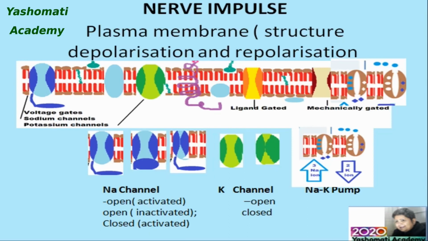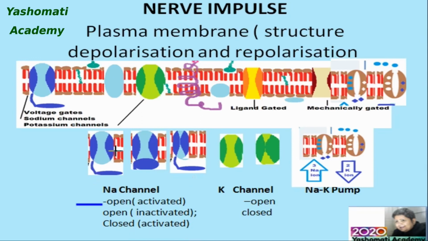Another very significant difference between sodium channels and potassium channels is that sodium channels can be open or closed, and they can be activated or inactivated. For the sodium channel to conduct sodium ions through it, it has to be open as well as activated. So the sodium channel will be conducting the ions only when it is active and open. If it is open but inactivated, then it will not be able to conduct the ion. Similarly, if it is closed, then also the ion cannot be conducted.